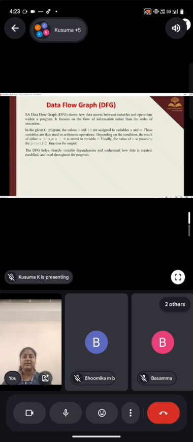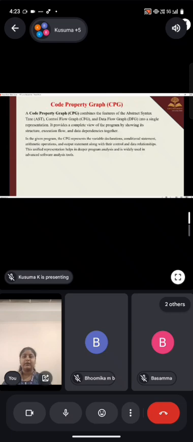Next is the code property graph. A code property graph combines AST, CFG, and DFG into a single graph to provide a complete view of the program. It combines the structure, control flow, and data flow, and gives a complete representation of the code. It is used in advanced software analysis and security tools, helps to detect bugs and vulnerabilities, and provides a deeper understanding of program